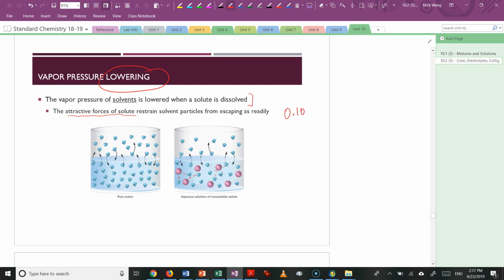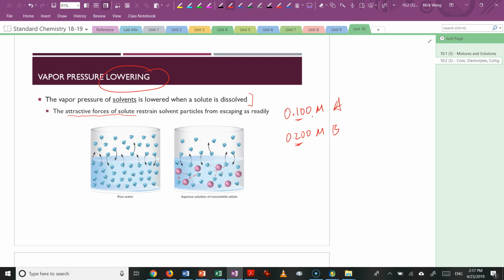Let's say you have a solution of 0.100 molar of some solute A, and then you have another solution of 0.200 molar of some solution B. Well, again, these two solutions are made of water and some solute dissolved in them. But the idea is that you have different concentrations of the two substances. So solution A here with a lower concentration versus solution B with a higher concentration,